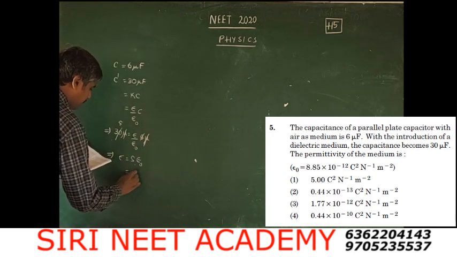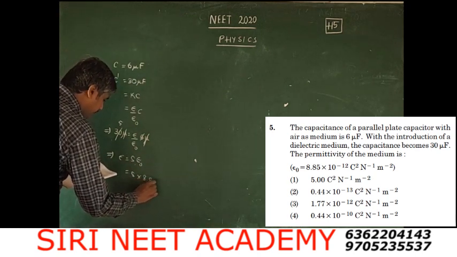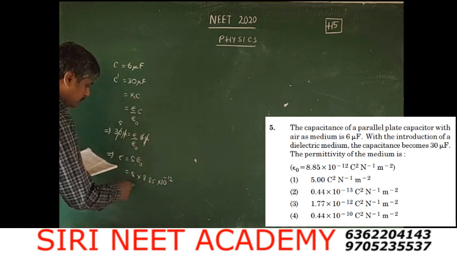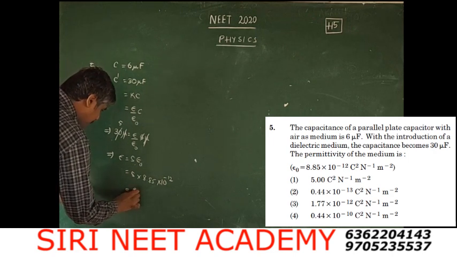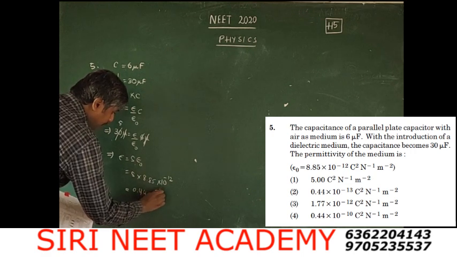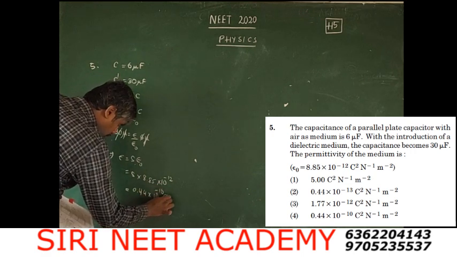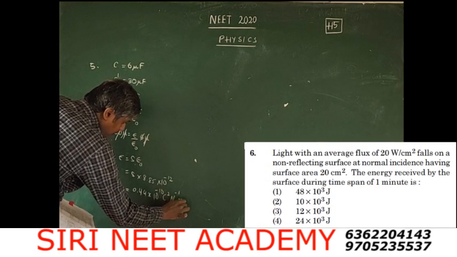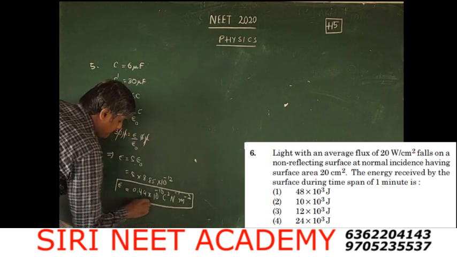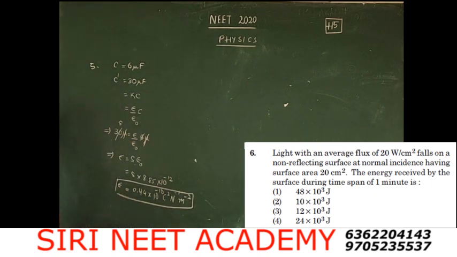The epsilon naught value is 8.85 into 10 power minus 12, so 5 into that. Solving this, we are going to get 44.25 into 10 power minus 12 Coulomb square per Newton meter square. So this is the value of epsilon, and the option corresponding to it will be